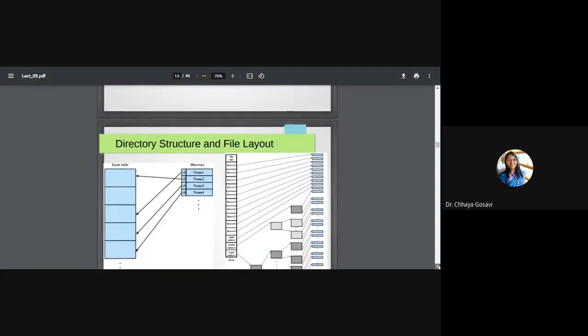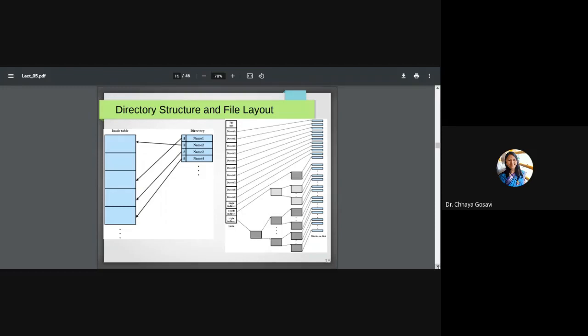This is how you can view directory structure and file layout. On the right hand side, these blocks mean actual blocks on disk. Files are stored in different blocks. These are blocks on disk, and these are the directories. This is file information, and this is the inode. Inode means information about this file. For every file, note that we are assuming all data of a file is not stored sequentially.